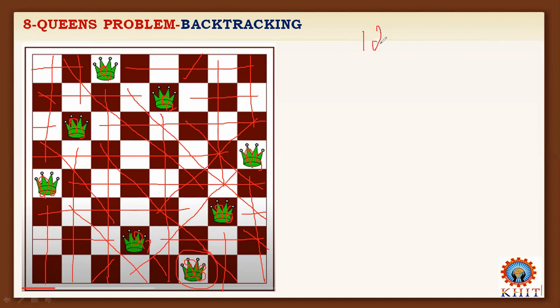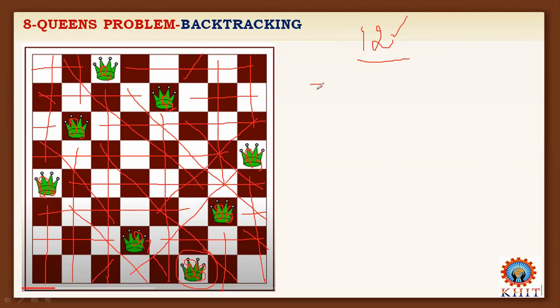How many solutions are to be generated for the 8 by 8 chessboard? 12 solutions you will be able to generate. These 12 solutions are 12 distinct solutions. Now we will see what those 12 solutions are that can be generated from the given problem. We will see it later on. Okay. Now here the concept is in which way the solution is.